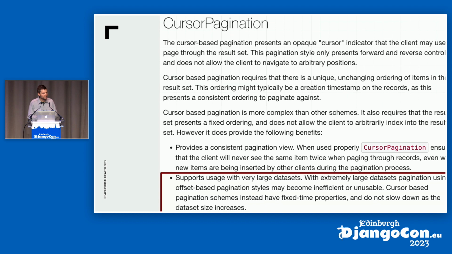We have an index on the timestamp field of when these things were inserted, so if you want part of the data set, you just say, give me everything from this timestamp onwards. Very important to have an index on the ordering field you're using, because that is how this pagination works. In order to create the pages, it's important to be able to very efficiently order and go to a specific part of whatever your ordering field is.